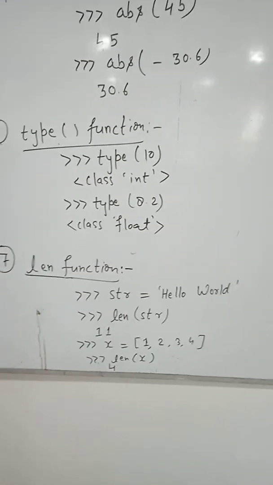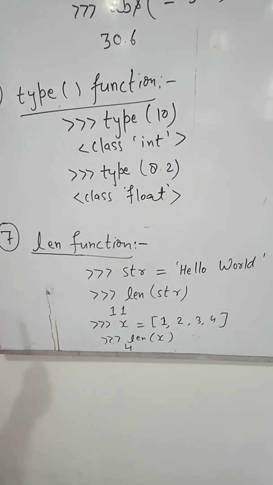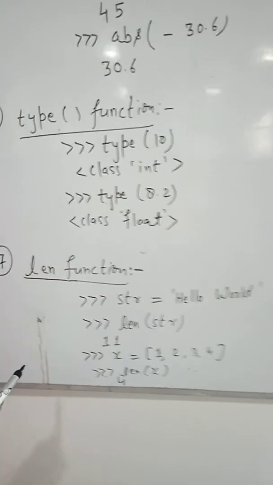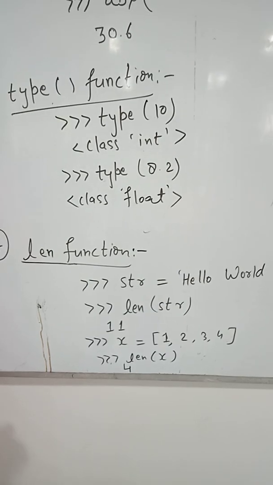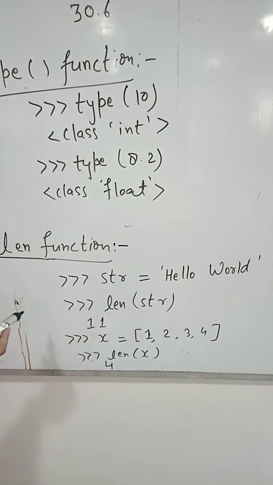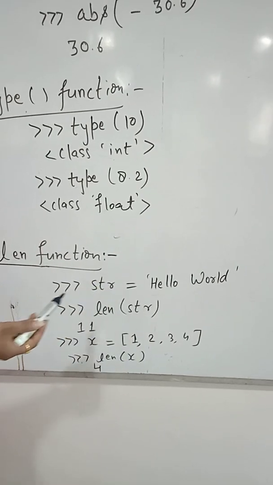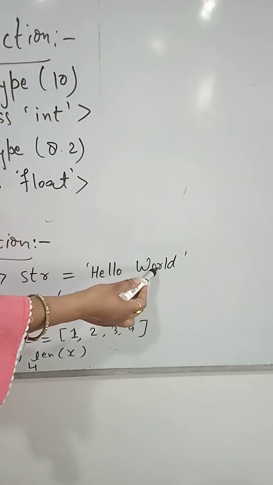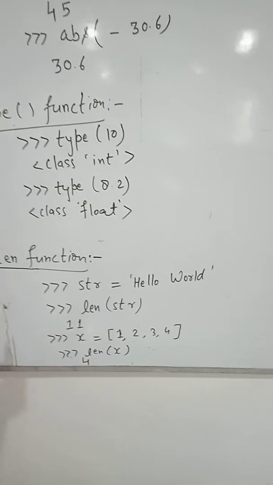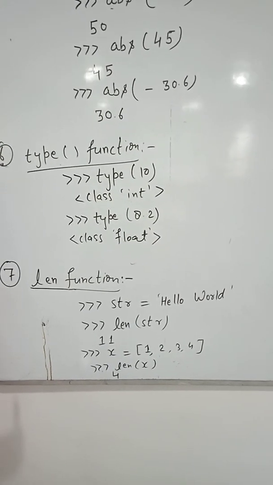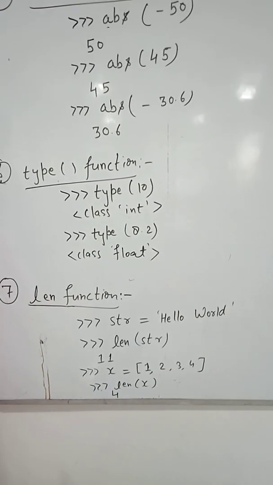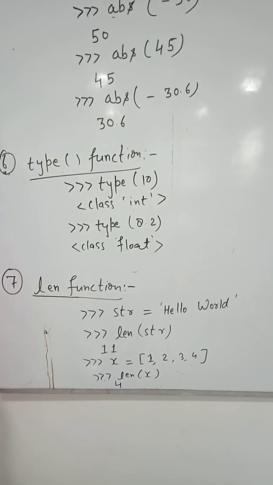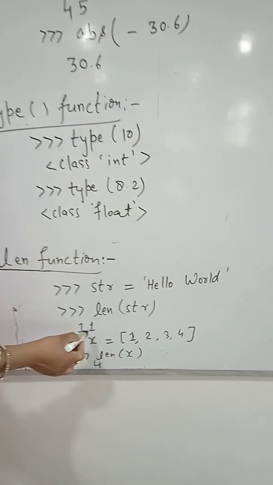Len denotes the length of any string, the length of any data. For example, you can see here str is equal to "hello world". Hello world is a string, str is a variable. So when we write len(str), this will give the output, the length of the string as a numeric value. Okay. So count the length of the string. You can count here 1, 2, 3, 4, 5, 6, 7, 8, 9, 10, 11. Including spaces, the total length of the string is 11. Always remember students, when we use the len function with strings, we have to count the blank spaces also. Okay, keep in mind. So the output will be 11.